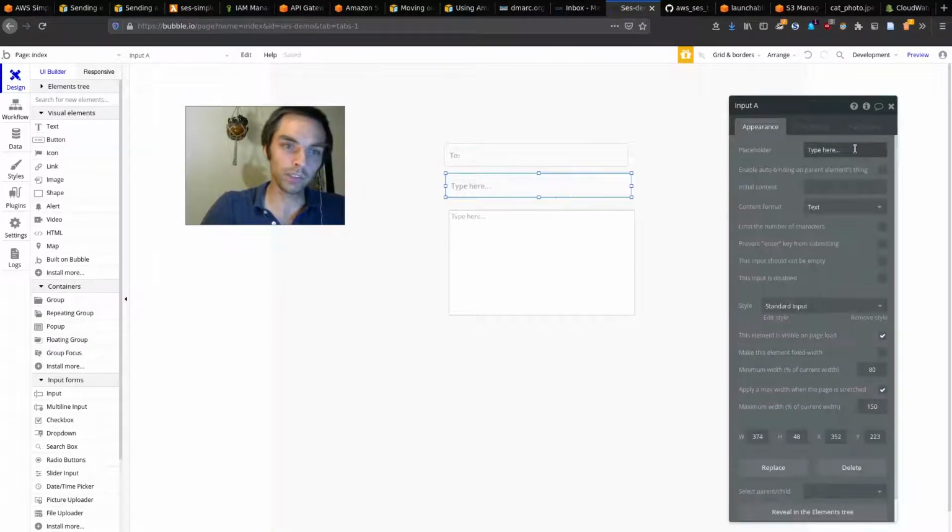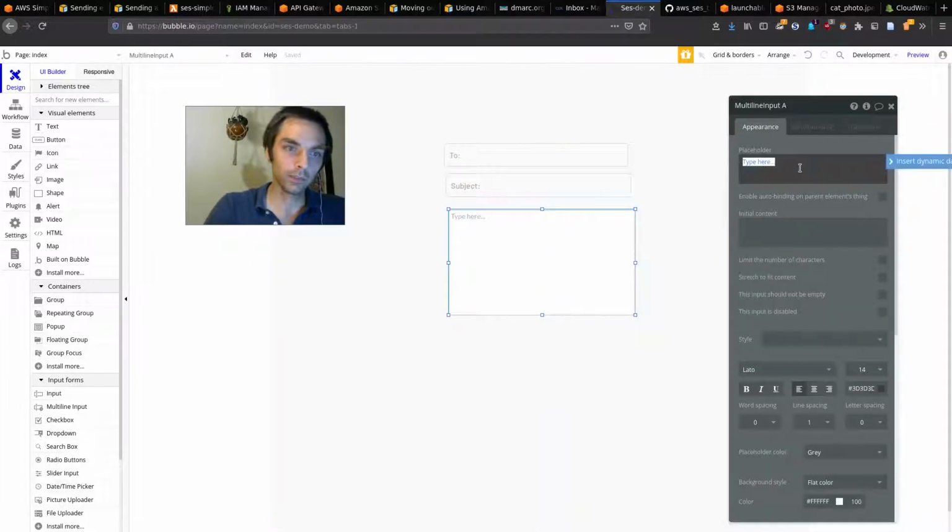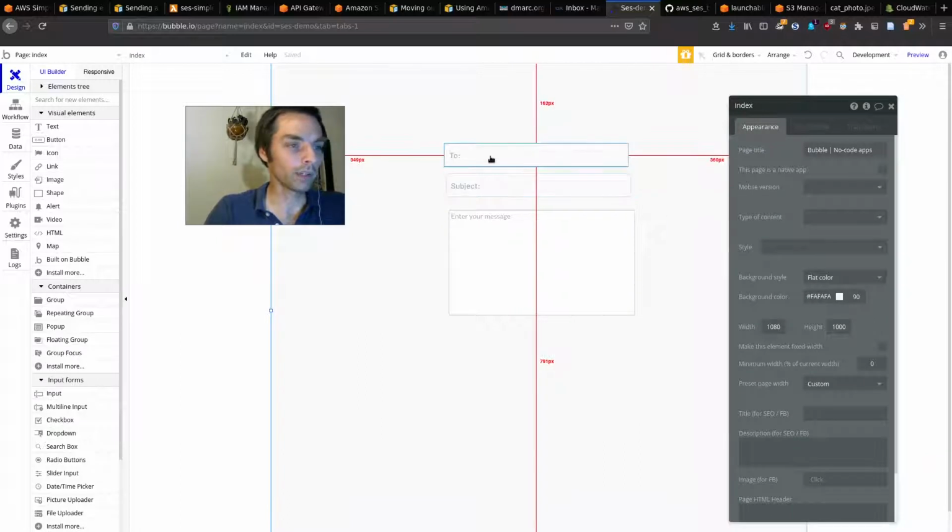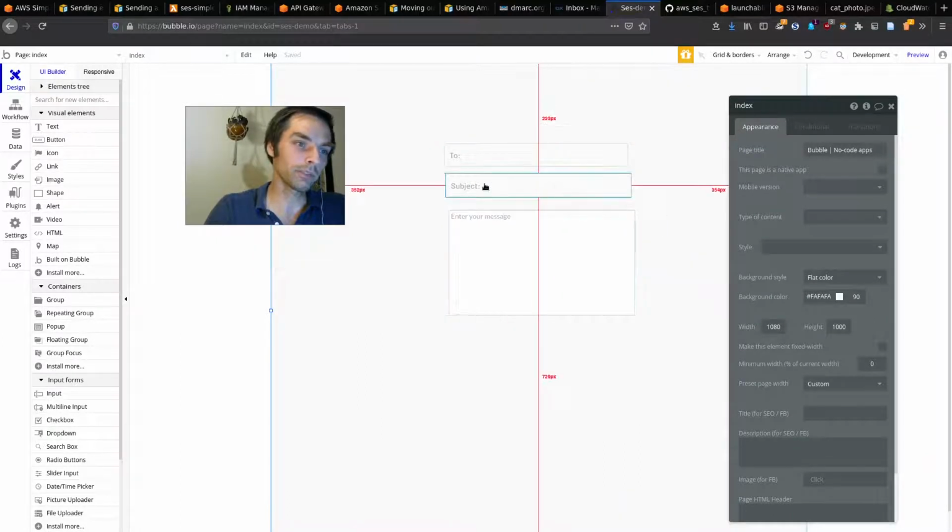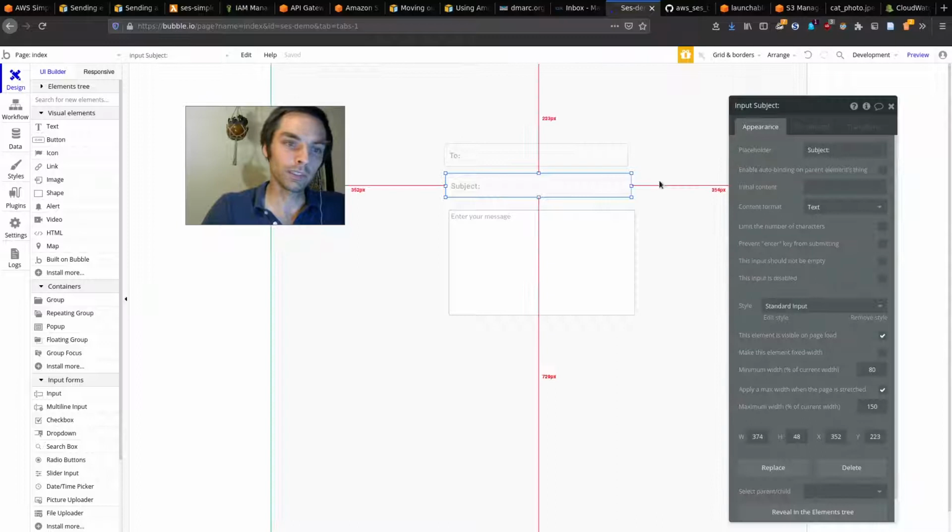Placeholder for this one is subject, and then placeholder, enter your message. So the idea here is sort of like an email form. You want to specify the recipient, the subject line, and the message. In the subject,